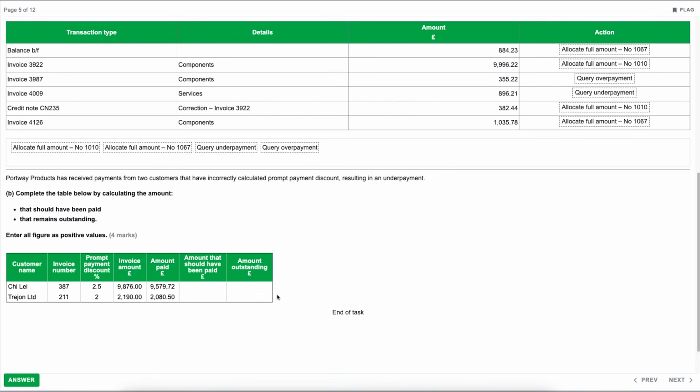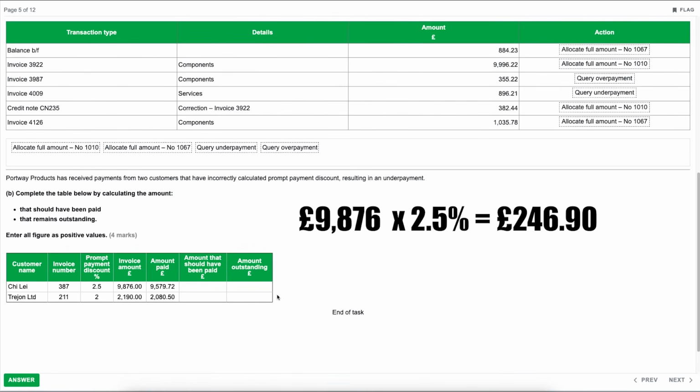So firstly, work out 2.5% of our $9,876. So the discount for this one comes out at £246.90. So to calculate the amount that should have been paid, all we need to do is take our invoice amount of $9,876 and minus off the discount, which would have been, as I said, £246.90, giving us an amount that should have been paid of